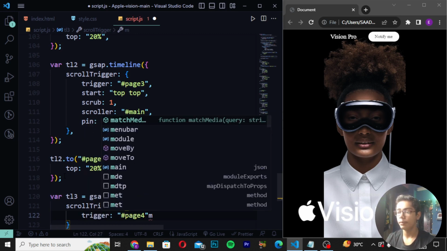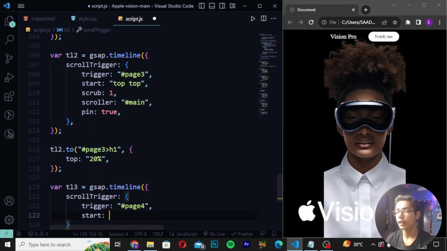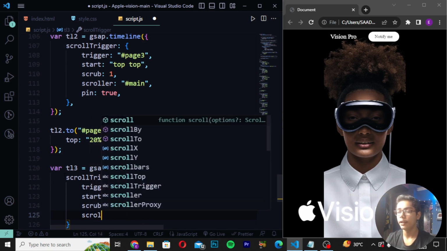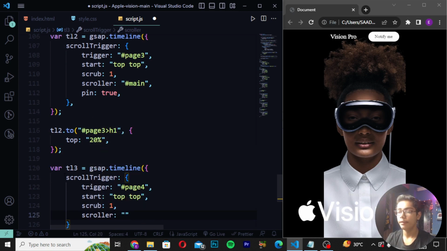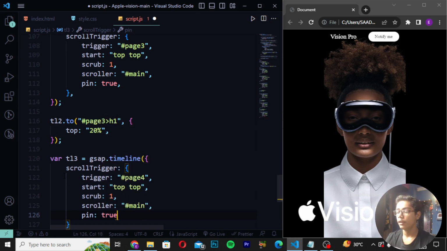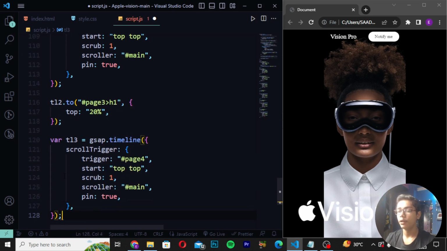Then you have to now make this tag here and create start and write here top. Then you have to now write here scrub like this and write here 1, and here I will be writing scroller, and then here I will be writing hashtag main. So here I will be writing this. Then create a tag which should be like pin, and I will be now just writing here pin 2. Then you have to write comma, and then you have to now close this tag here